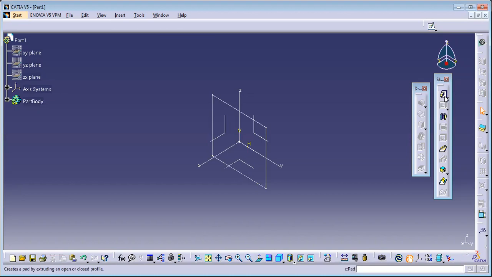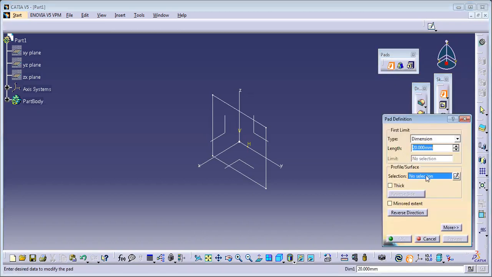Okay. So to add the material, I'll go with the sketch based features now. I have this thing called pad here. So I'll just select this pad. Now it is asking me for the section profile or surface. So I'll just select this one. You can notice the material has started adding up. So length, how much you want, you can assign. I'll go with some 50.